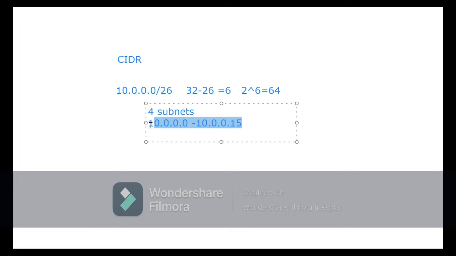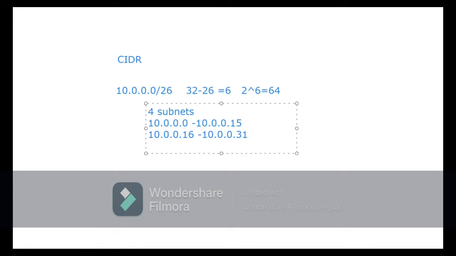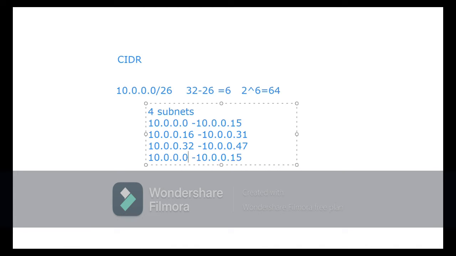Similarly, my second subnet will be from 16 to 31. The next subnet will be from 32 to 47. And the last subnet will be from 48 to 63. Right. Now, how to express this in this form,